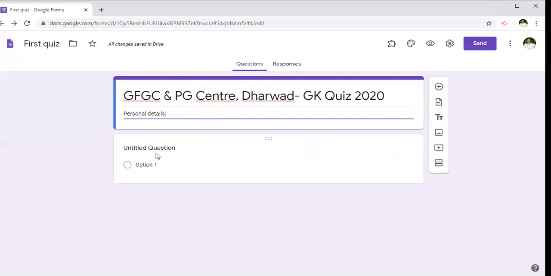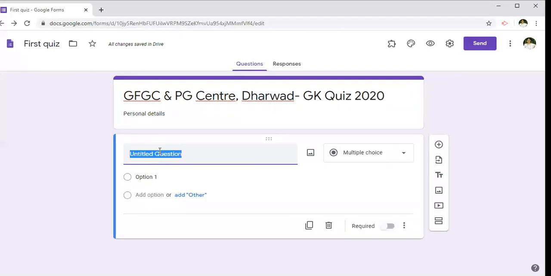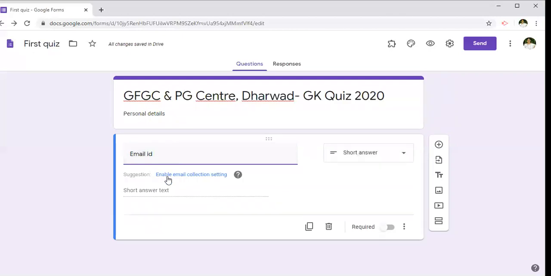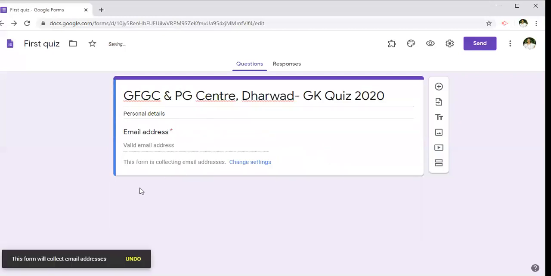So first of all, what you have to do is you have to ask for the mail ID. So this is very important here, email ID. So if you type on this, it will automatically ask us to enable email collection setting. So click on this. So it appears like this.